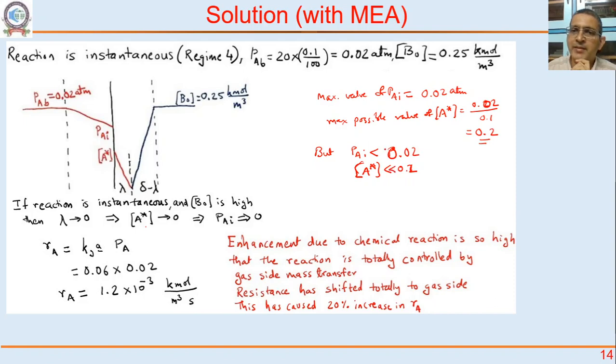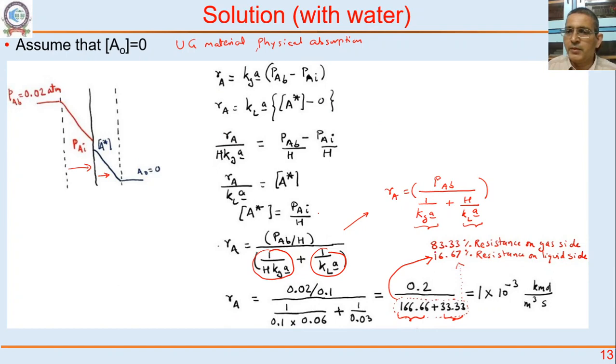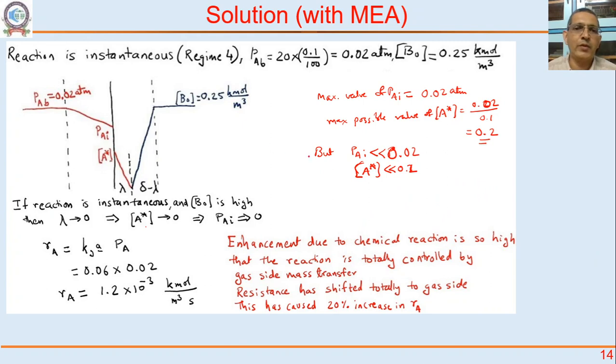Because gas side resistance is very large, and the reaction is instantaneous, it is going to reduce the mass transfer resistance on the liquid side even further. So it is going to be completely gas side controlled, which means PAi is going to tend to 0, which means A star is going to tend to 0,